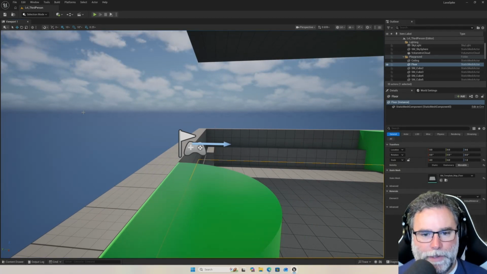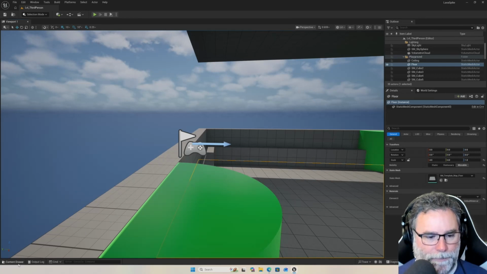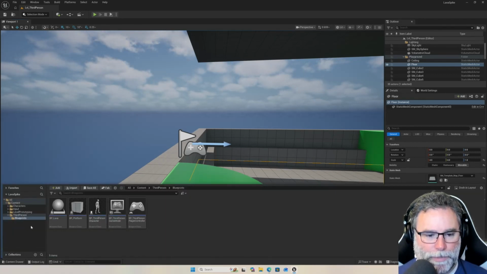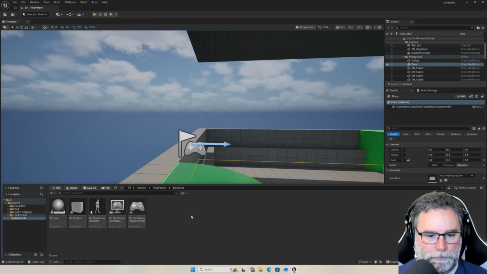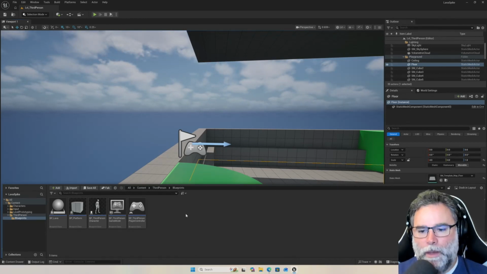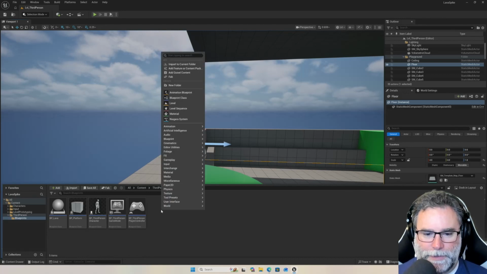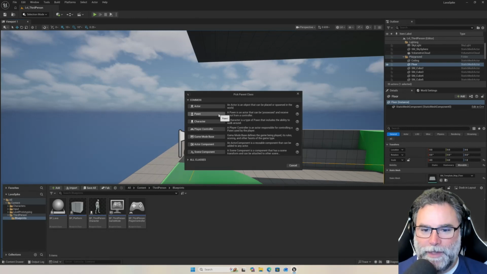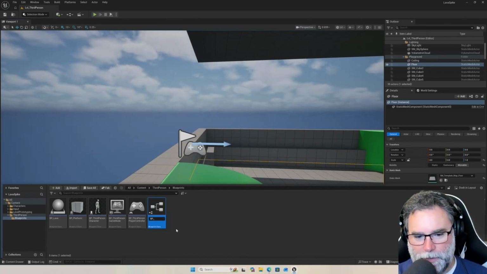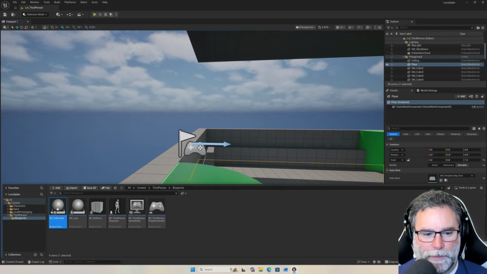So I guess the first thing to do is create a new blueprint class that we can put in the level. Let's do something simple. I say that now. We know how things tend to get around here. Let's see. We're going to create an actor, and we're going to call it BP collectible. All right, you are collectible. I'm going to double click on you,